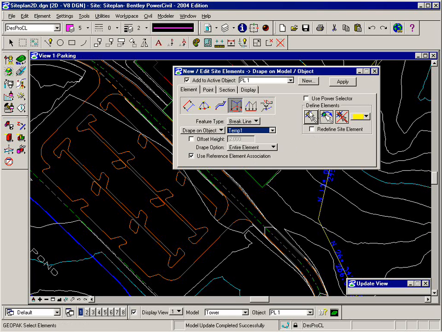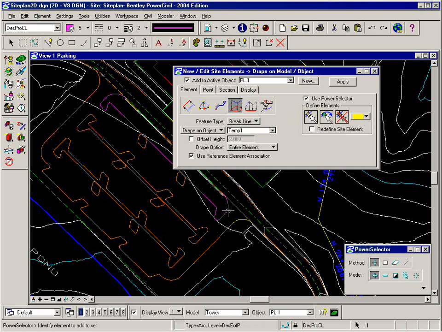I have several elements to select, so I'm going to use the power selector and select those. Click the Select Elements button and simply just go around and select all the edges of pavement, even the islands, and even the curb returns going to the entrance road there. Once you have them all selected, you click Apply,